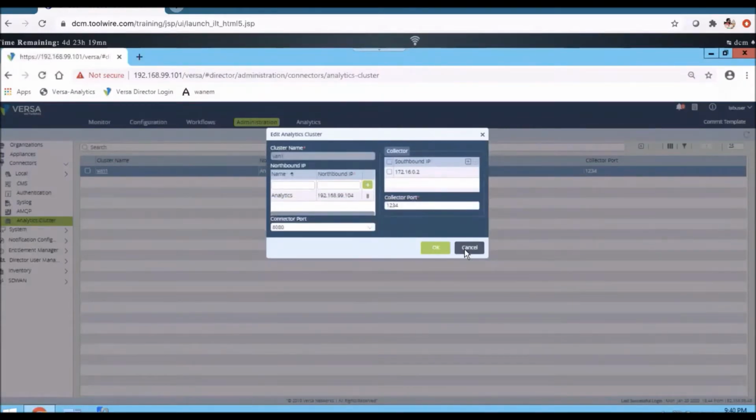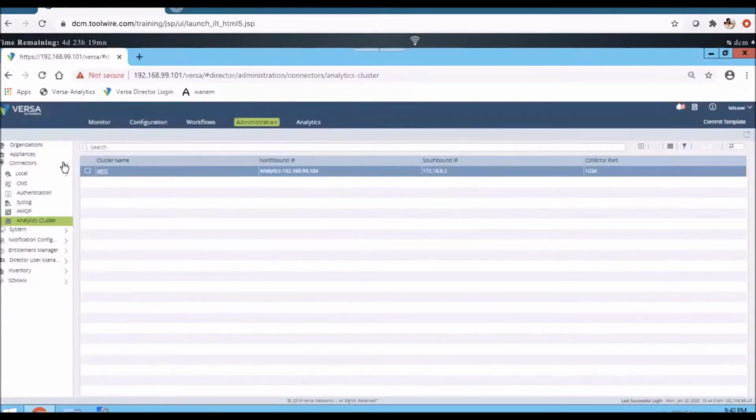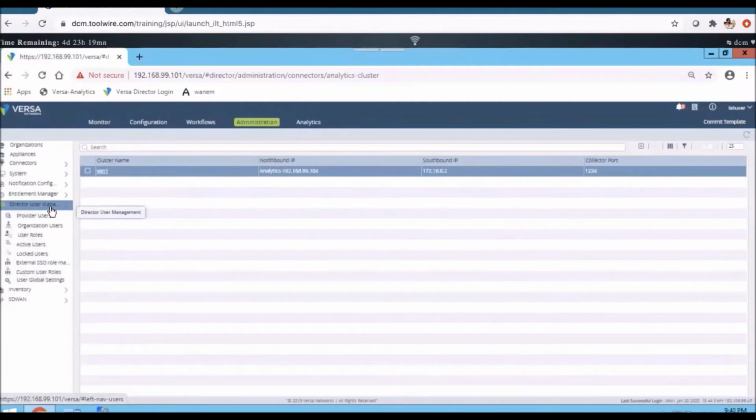Right. So now, coming to the next steps. If you want to configure something related to the back, say you want to create all the director user accounts, you go to the director user management. There you can configure the user accounts. How do you configure them? In order to configure a user account, first you need to have the user roles.